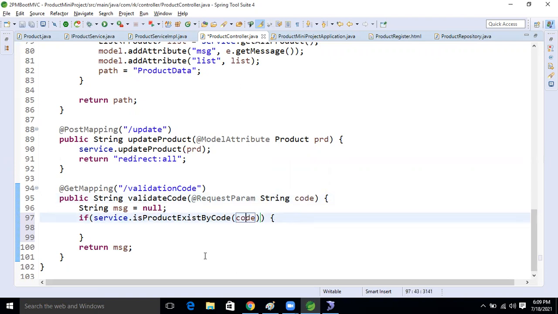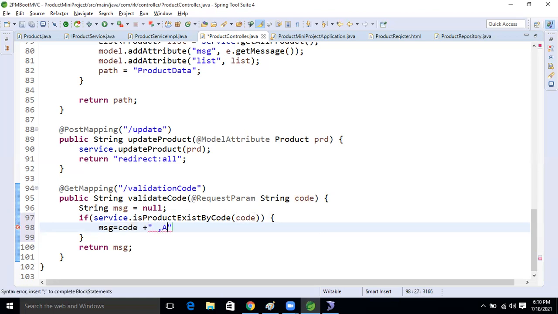After that, I'm copying this message and pasting it here. Here I'm taking this code, code plus, and then writing some message: this code already exist, try different.